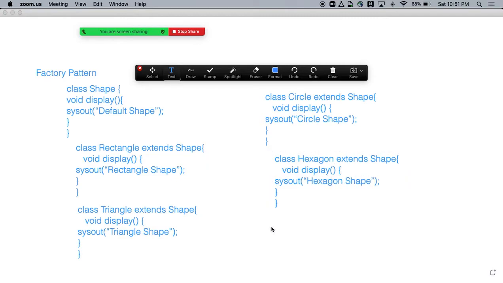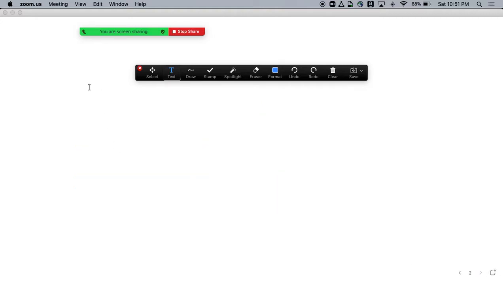Now someone wants to use a shape. So what will someone do? The first way to achieve this is that we will have a class called, let's say, Set Requirement.